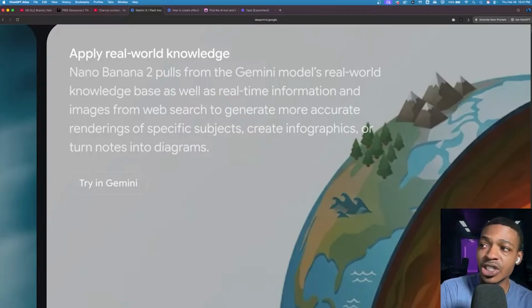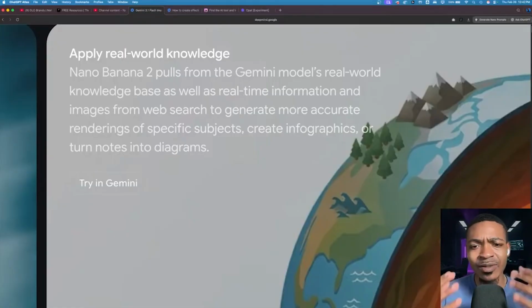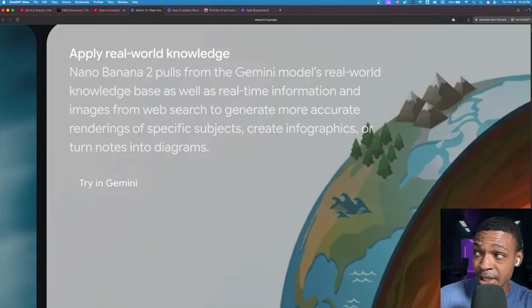Okay. So it should be more world accurate. You won't see many things like multiple limbs or a house inside of a different building. Like you won't see stuff like that because it now has more world knowledge and also rendering of specific subjects,